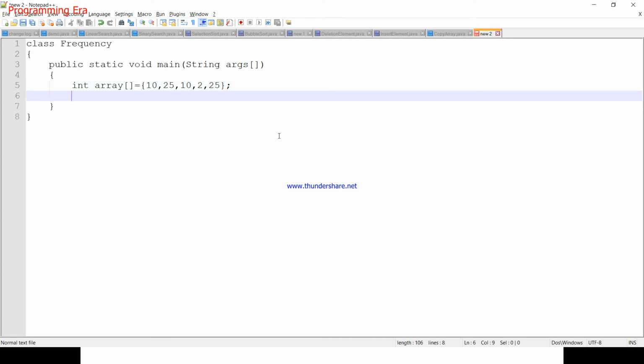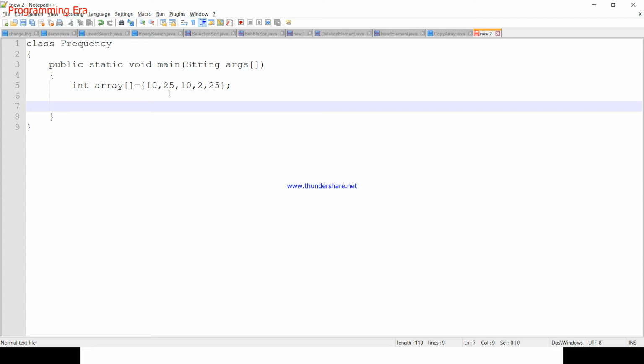Now, to find the frequency of each element, how many times each element is present in this array, we will apply a process like this. We will start a row.